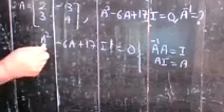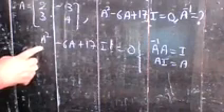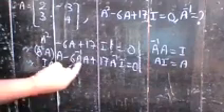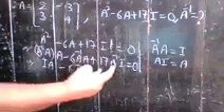Understand? So what you do, just write it here. So here you have A square, and A square can be written as A into A. So that is equal to A inverse into A times A. You write in this way, and minus 6 A inverse A, and here you have 17 times A inverse I is equal to 0 matrix. Okay, so A inverse A is equal to I, so you write here IA, minus 6 times the identity matrix, because A inverse A is equal to I, and A inverse I is 17 times A inverse, and that is equal to 0.